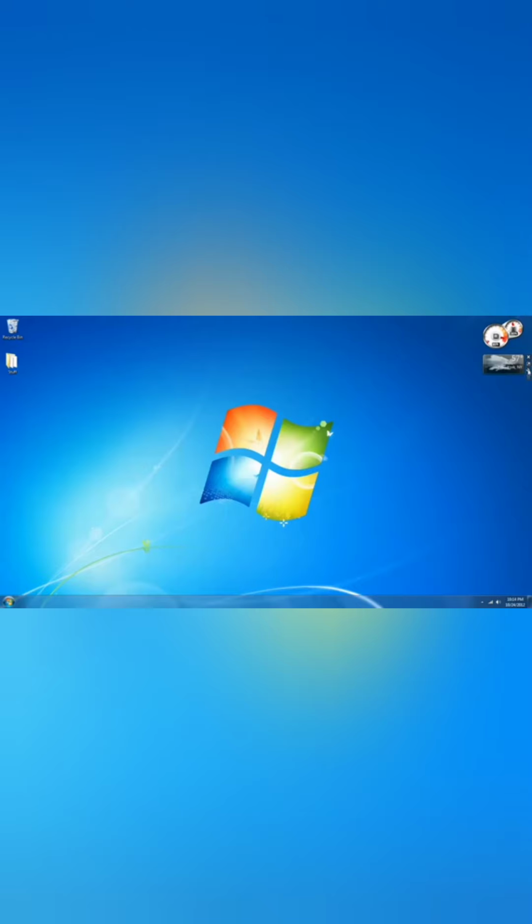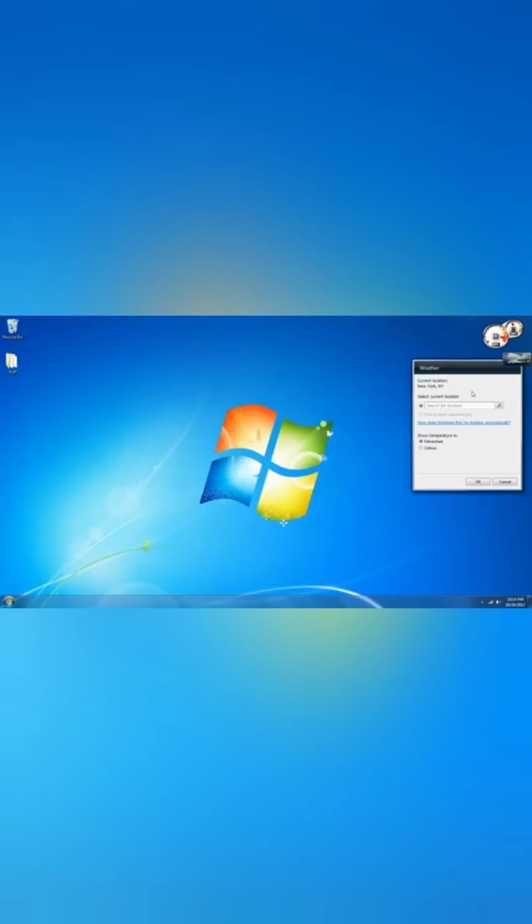Next one is the option button. This option button is used to choose a picture. We can change the picture of that gadget from this button and select the current location, and then you can change that location. This is the weather gadget, the temperature and weather of the selected city. So you can change it from here. Click on the OK button. The weather of that place is changed likewise, and the picture also changed from this. That is the option button.